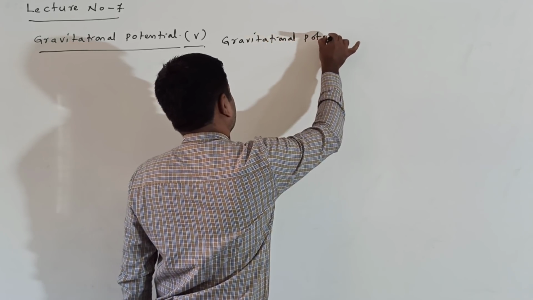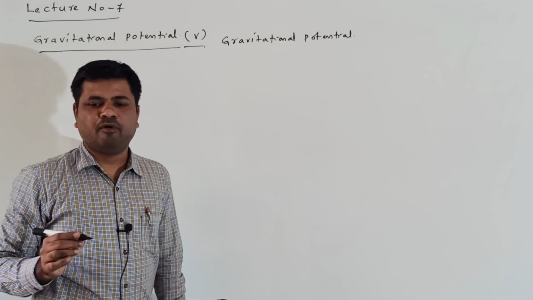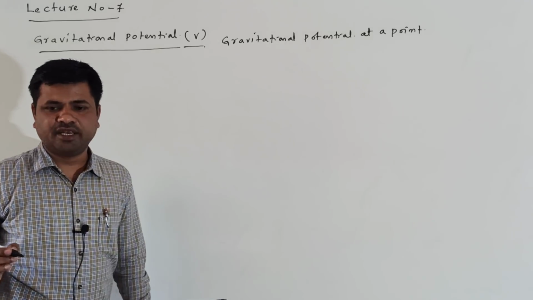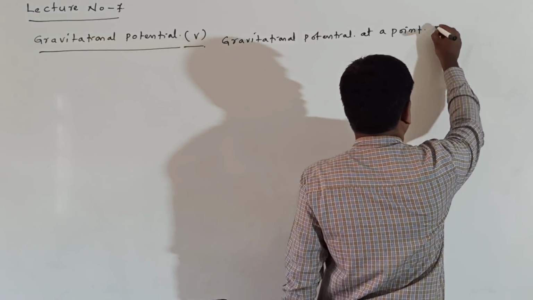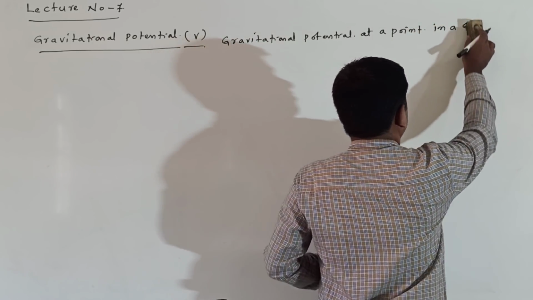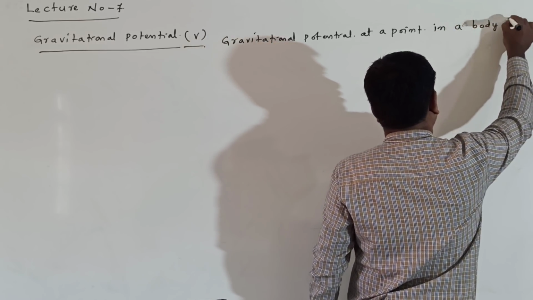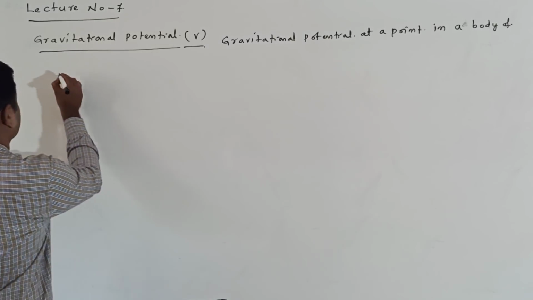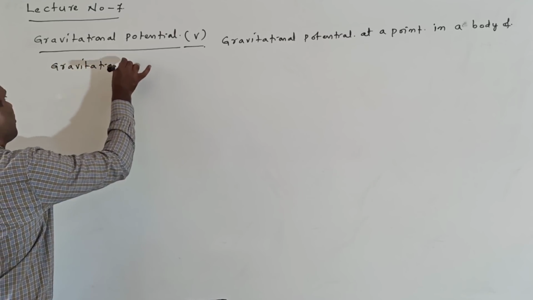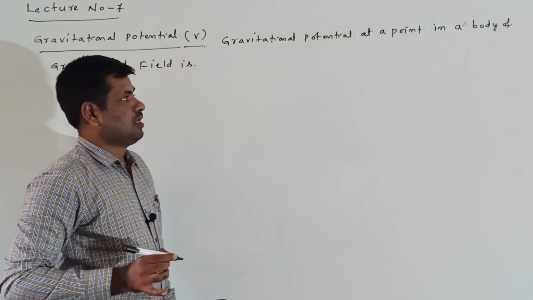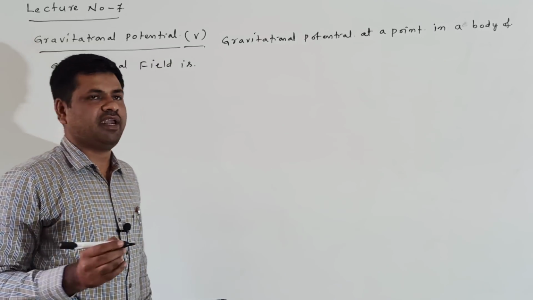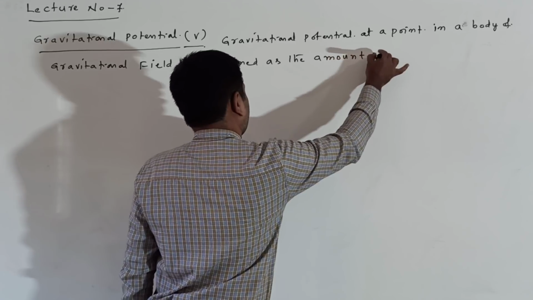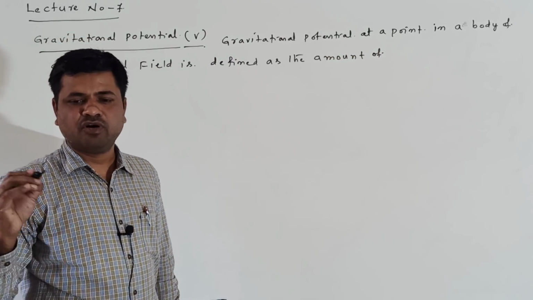Gravitational potential at a point in a gravitational field is defined as the amount of work done